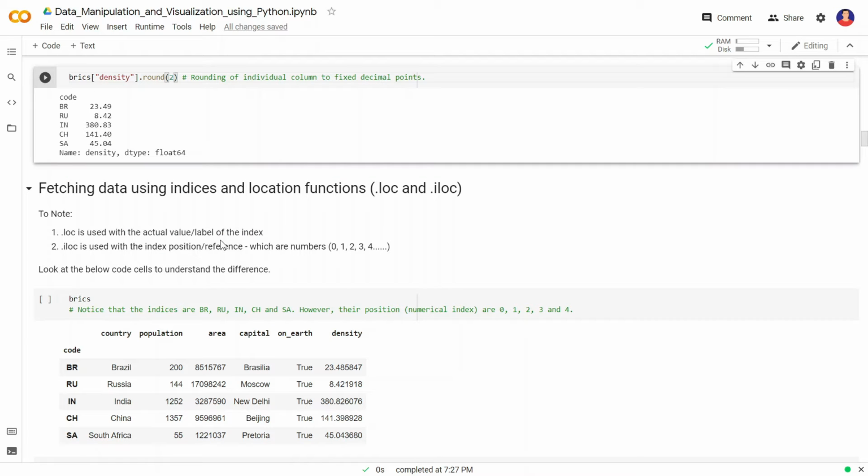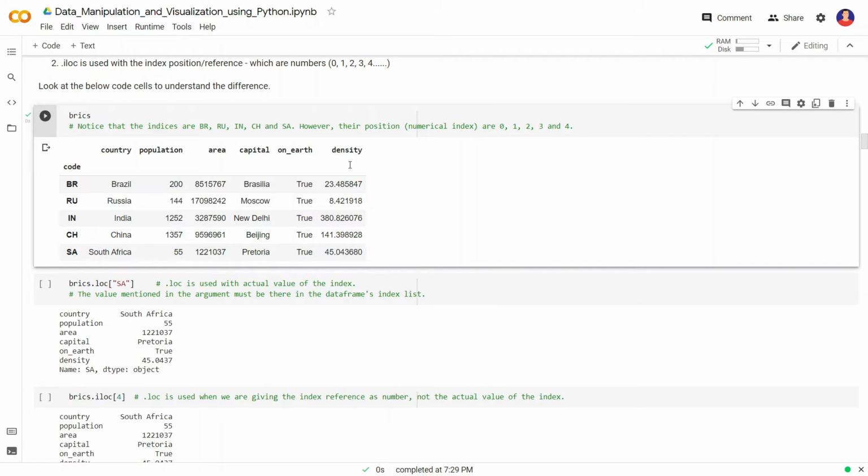Now if we want to do operations in depth on a data frame, we have to use different index and location functions to fetch data and locate data and so on. To note some of the important things, the dot loc function is used with the actual value or label of the index. Like we can use the index here, like BR or any actual label in case of dot loc, but in case of iloc we have to refer to the index position, which are numbers 0, 1, 2, 3, 4 or a certain range.